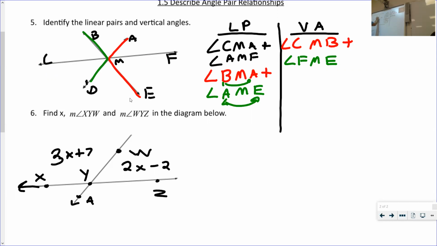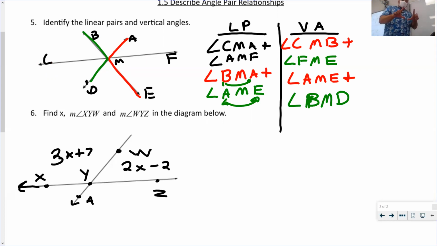So here is angle AME and angle BMD. So even though this is bigger and has an angle or a ray inside, if you look at the